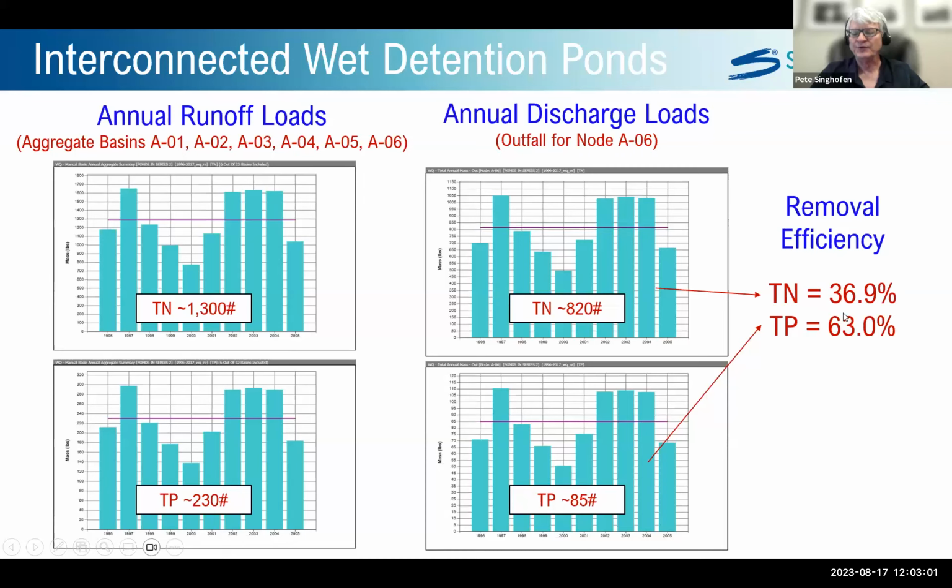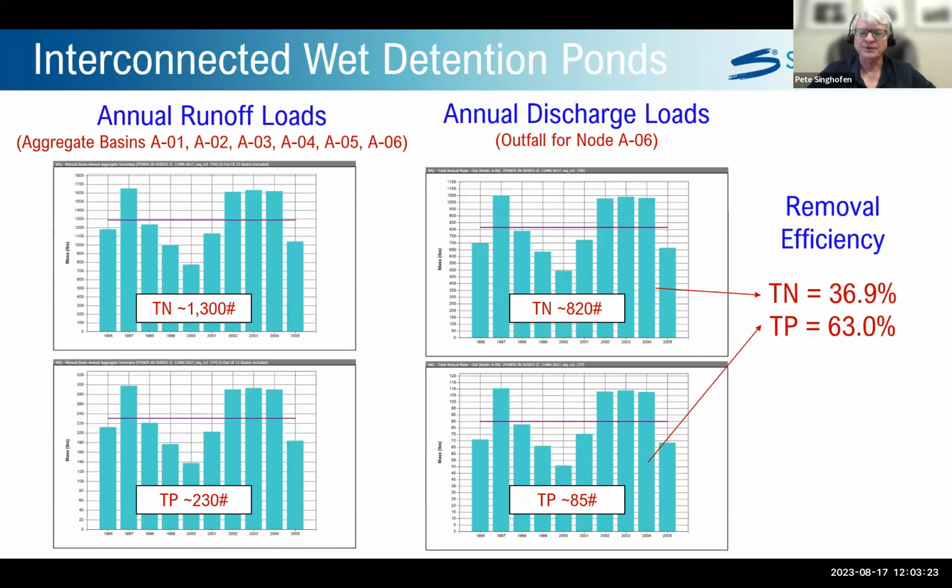And that's almost a 37% removal efficiency for nitrogen. And then for TP, we have a runoff load of 230 pounds, but only 85 pounds is being released to the receiving water body. And so that's a 63%